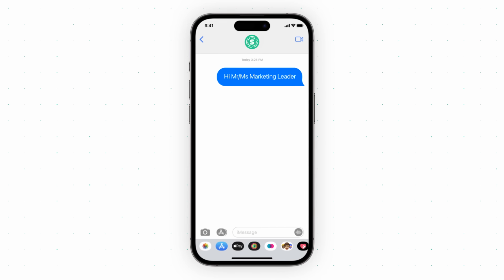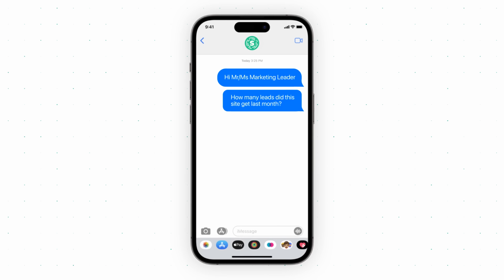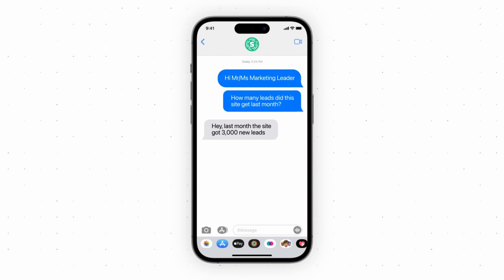You're also going to find if you don't ask your people to manually input their own data, they're not going to know their numbers. I promise you, across all of our different portfolio companies, I could ask a marketing leader, hey, Mr. or Mrs. Marketing Leader, how many leads did this particular site get last month? And guess what? They would be able to tell me, because every single week they are